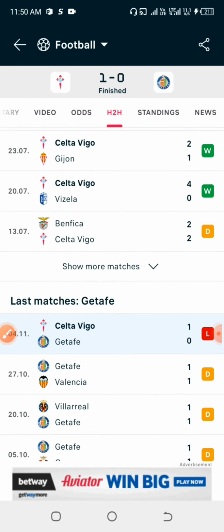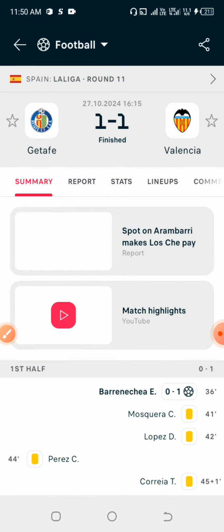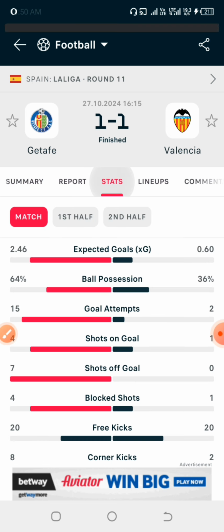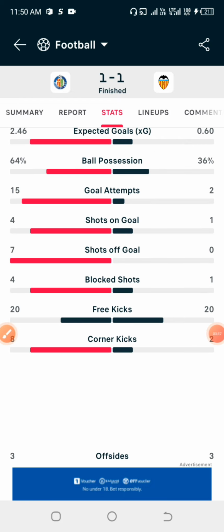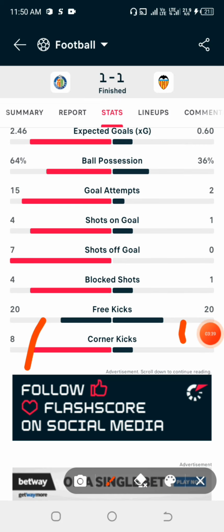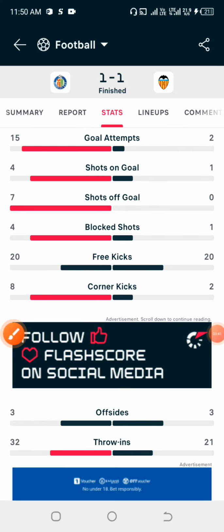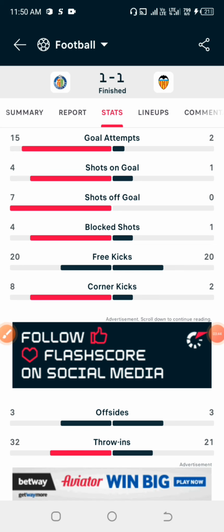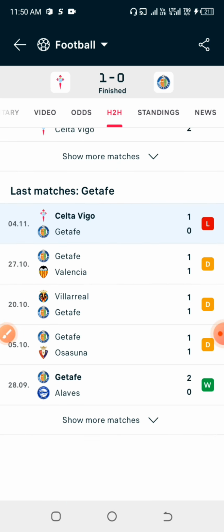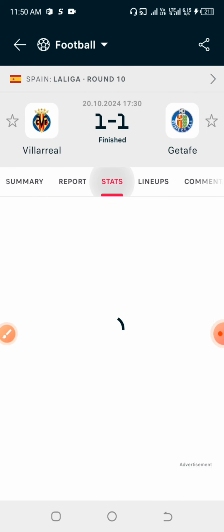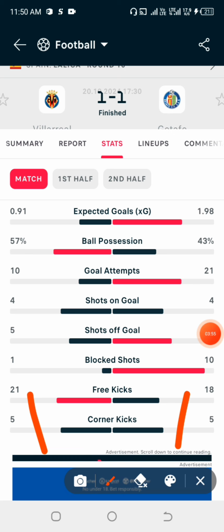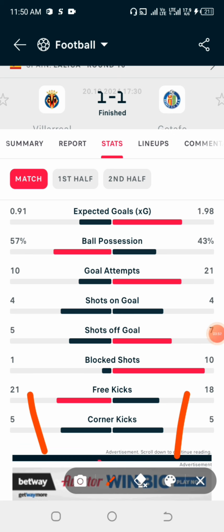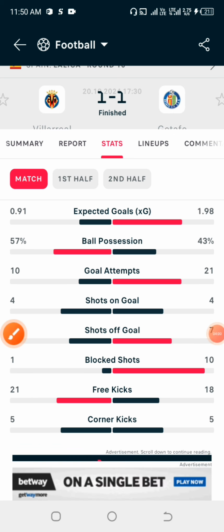Moving on to the away team, checking their last 2 games in the same league, for the away team in the last game before that particular match, they had 10 corners in this game, and adding 10 to the 14 we had for the home team gives us 24. Now moving on to the second game for the away team, we can see that they also had 10 corners, making it 34 corners in total. You will notice that the away team seems to be having more corners in their previous games compared to the home team.